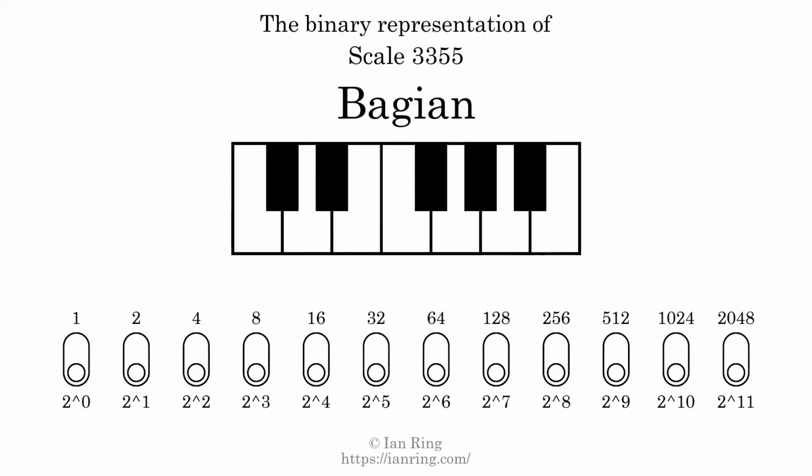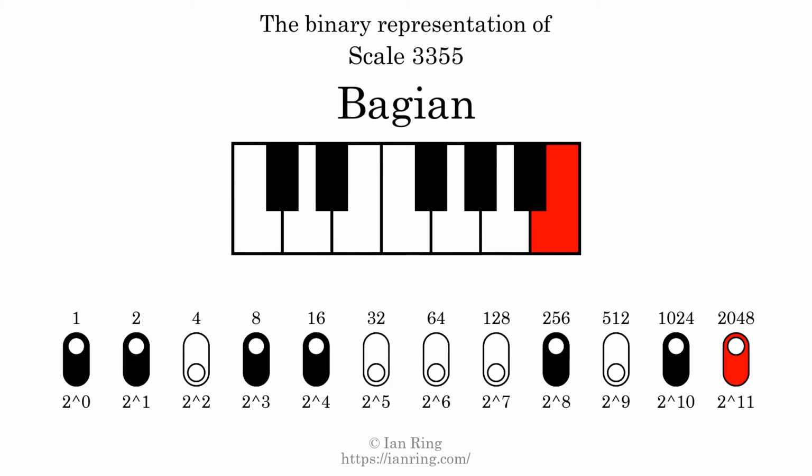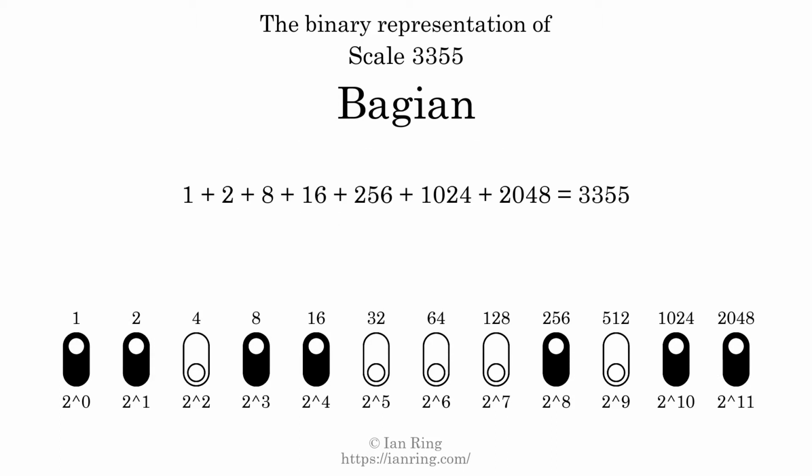The binary representation of this scale is determined by mapping tones of the scale to binary digits. Each binary digit represents a power of 2. To get the scale number, we add the powers of 2 together. The powers of 2 that are present in the scale, all added together, equals 3355. That is why the scale number, in decimal, is